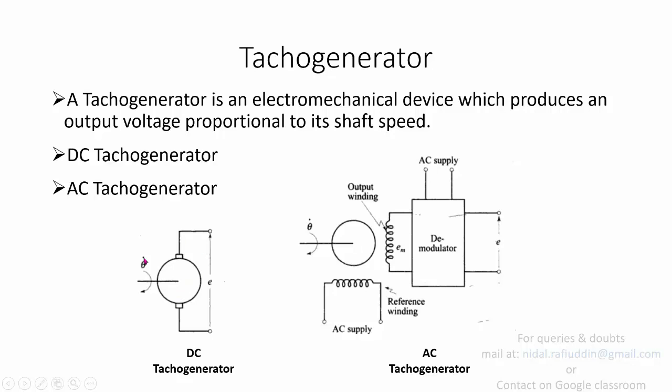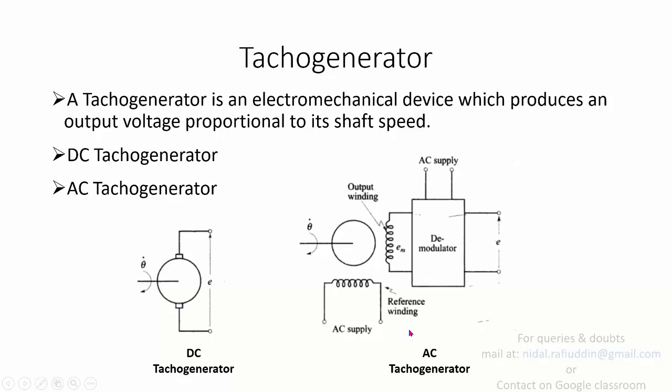If you see the schematic of this DC tacho generator, it resembles a DC motor or generator. In fact this is nothing more than a DC motor or generator, a DC machine, where you will be having the same type of stator with fields and armature, commutator, brush assembly. Shown over here are brushes. The terminals are connected to the brushes, which will be further connected to the commutator inside the machine. So what you're doing here is you're trying to generate voltage which is proportional to angular velocity.